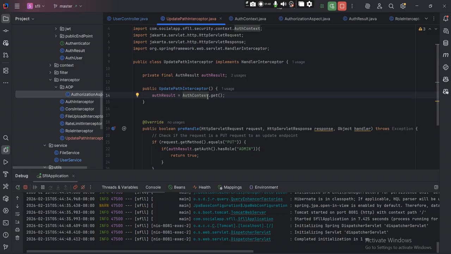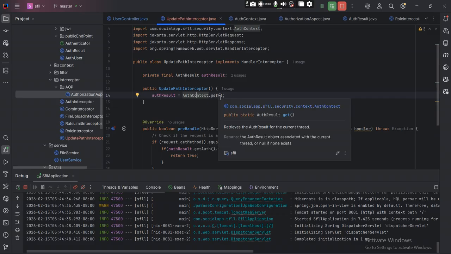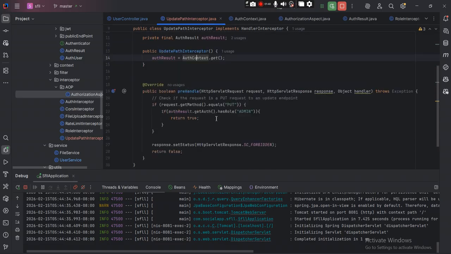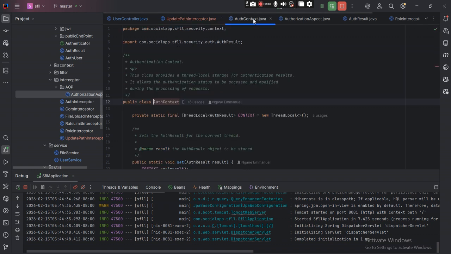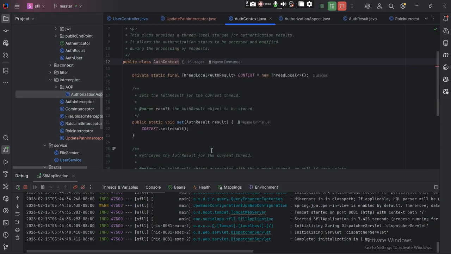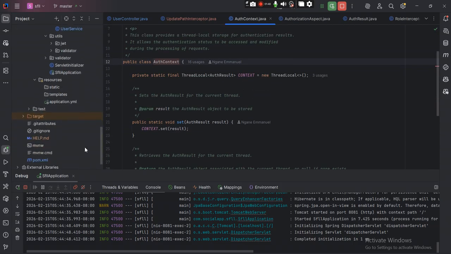So auth result equals auth context.get, and I'm setting the auth context here. I don't know why I'm having this problem, because during my validation, during my authentication, if we go to the filter,